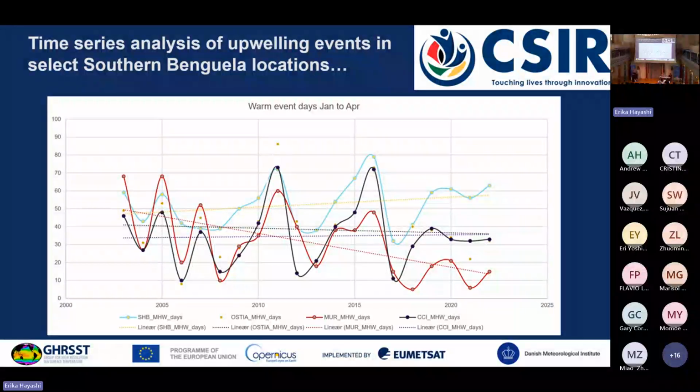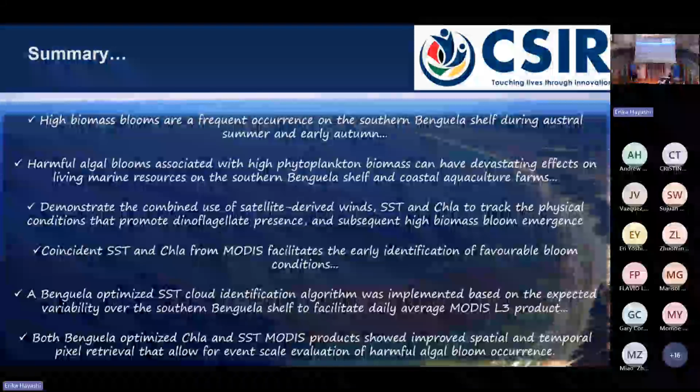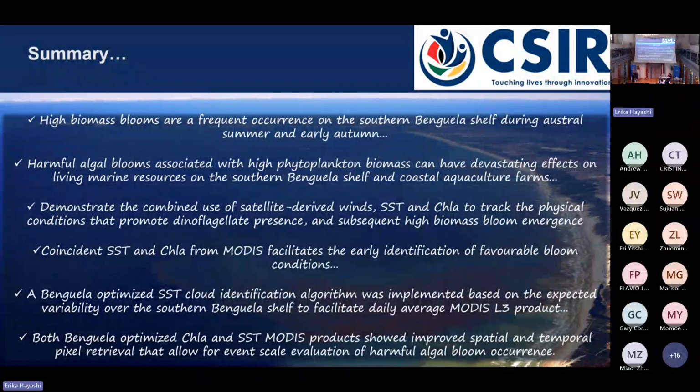It's also there in the MODIS dataset, but there seems to be some kind of adjustment in terms of how many events are being recorded. So, high biomass blooms are frequent. Associated with phytoplankton biomasses, do you have some impact on the living marine resources? I was able to demonstrate yes, so we can use the Earth observation data to at least predict the precursor